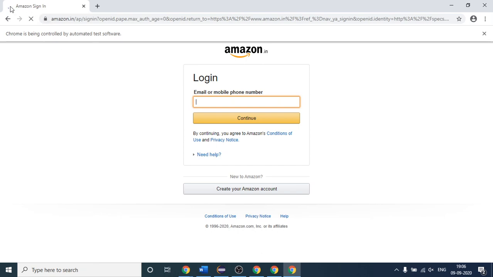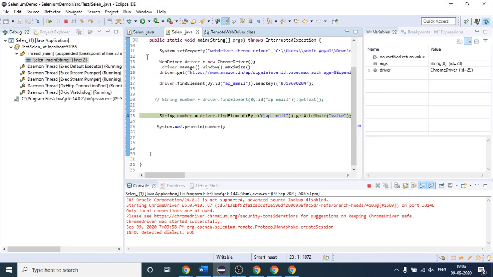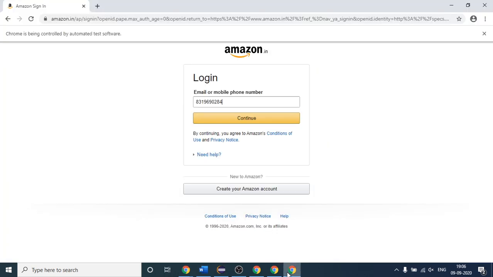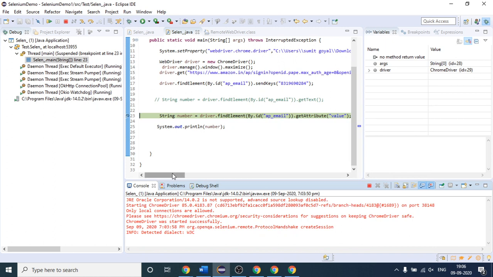See, you can see here. I don't know whether you are able to see or not, but it has entered that number 83196902884 here.